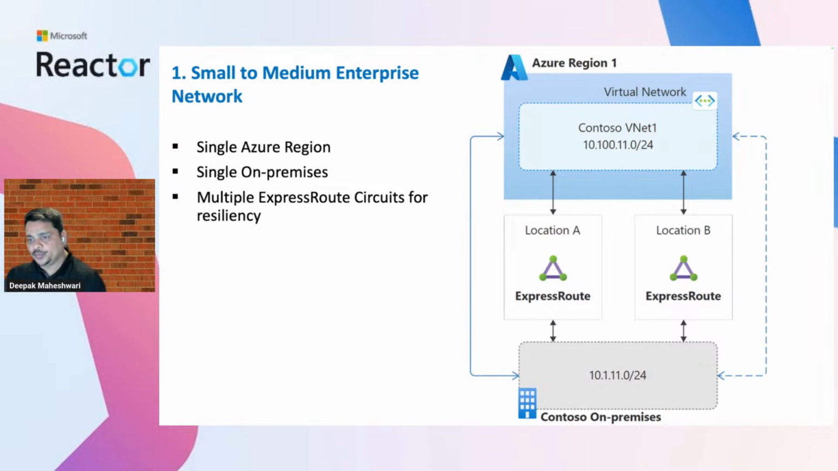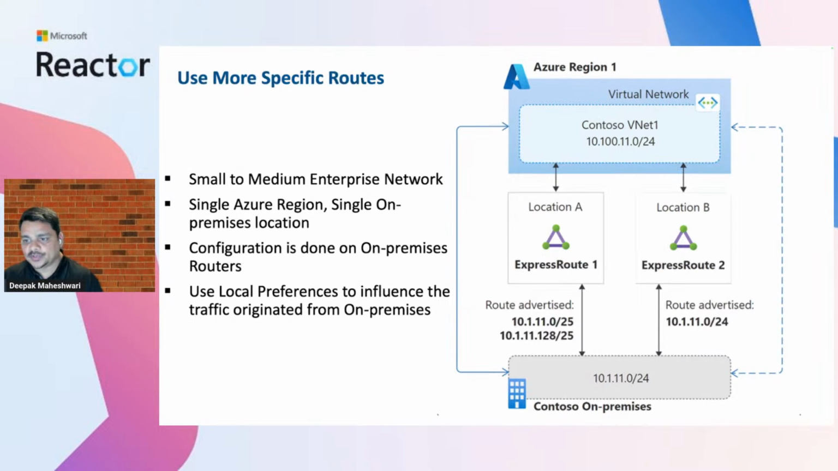Now let's talk a little bit more about it. I have put this in two different contexts. Say you've got a small to medium size enterprise, where the customer has one single Azure region, one single on-premises location, but two ExpressRoute circuits, because we are talking about maximum resiliency. In this scenario we have two circuits, and the way this configuration is done, the dark blue line is representing the preferred connection,